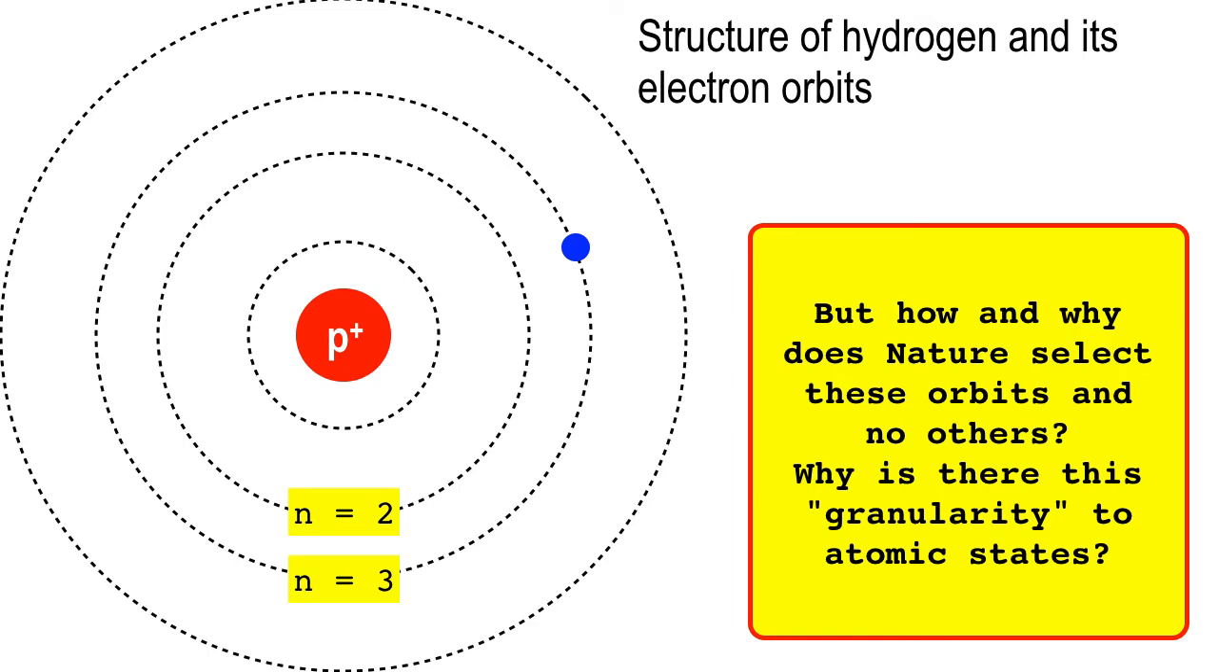Why is there this granularity in the atomic states? And Einstein and Bohr and all those guys, Planck, they were all thinking, what is going on with this? We got all these numbers. They do seem to work. These are orbits. It's lovely. It's nice. But